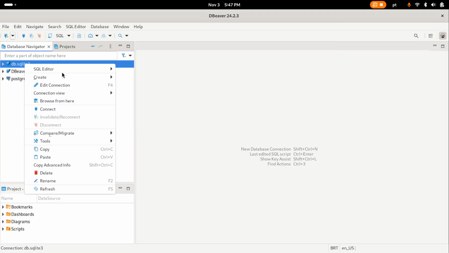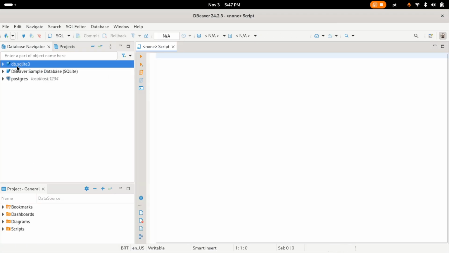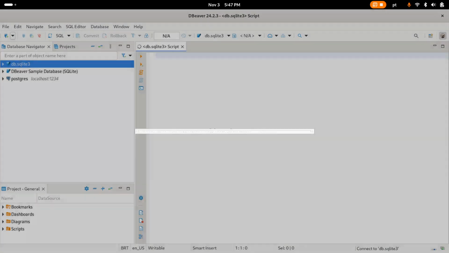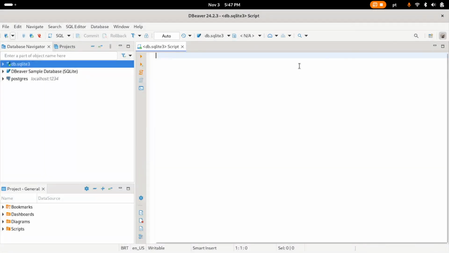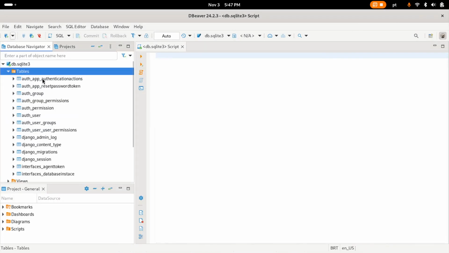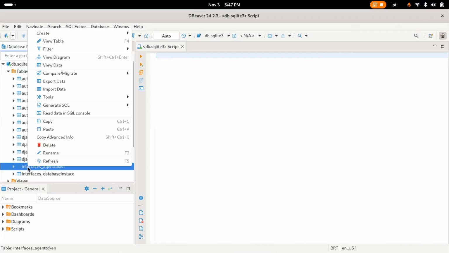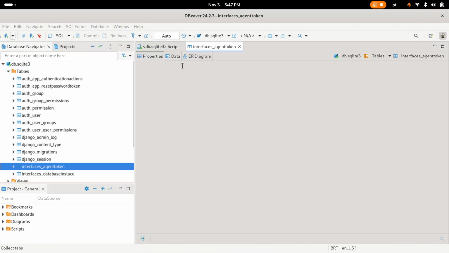Work it. So download. Let's see all my tables. Interfaces, agent token, view table,